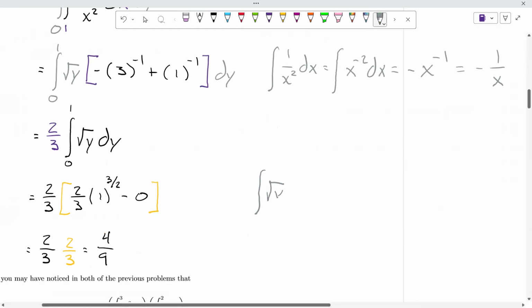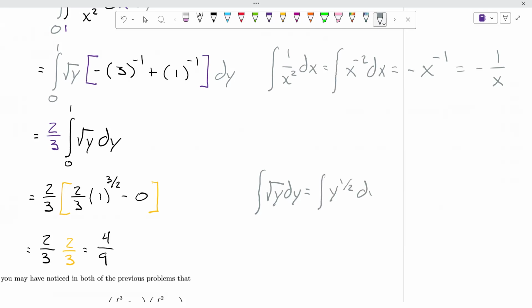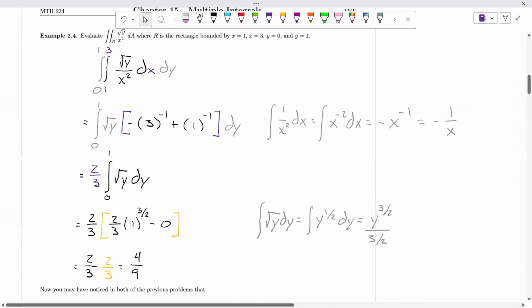This is the integral of the square root of y dy, which is y to the 1/2 dy, or y to the 3 halves divided by 3 halves, which I then rewrote to be 2/3 y to the 3 halves, since I can divide by fractions. So, assuming that part went well,